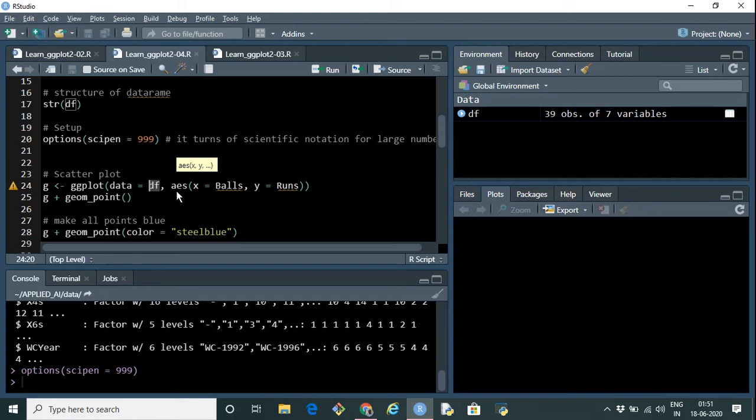Then we have to specify the aesthetics. In aesthetics we specify which particular columns of the data frame should be mapped with the x-axis or y-axis, or different aesthetics like color, size, etc. So to start with, I'm saying on the x-axis I want to see the balls, and on the y-axis I want to see runs. I'm storing this base object into a variable g, which is basically a ggplot